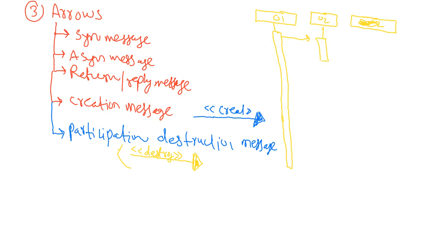Now, meanwhile, you want to create a new object. So you will use this create message. When you create, you see, this object 3 was not there. When you send this message, a new object called object 3 gets created here. Now object 3 is also there. Now I want object 3, I don't want object 2. So what will I send? I will send a destroy message to object 2, so it gets destroyed.